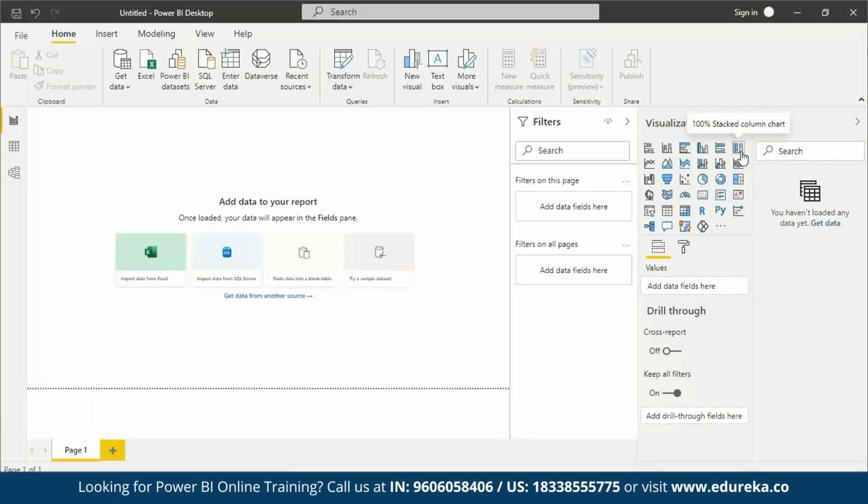Okay. So once that is done, you can visualize the data. You can just drag and drop the data and you can choose various visualizations. You can choose a bar chart, you can use a pie chart, you can use R script visualizations, you can use tables, you can use matrix tables, you can also use charts, and you can also use maps. You can visualize this data in various forms, forms that you could never imagine. And that's the real advantage of Power BI. It will allow you to play through your data and really get a hang of it and understand your data in detail.